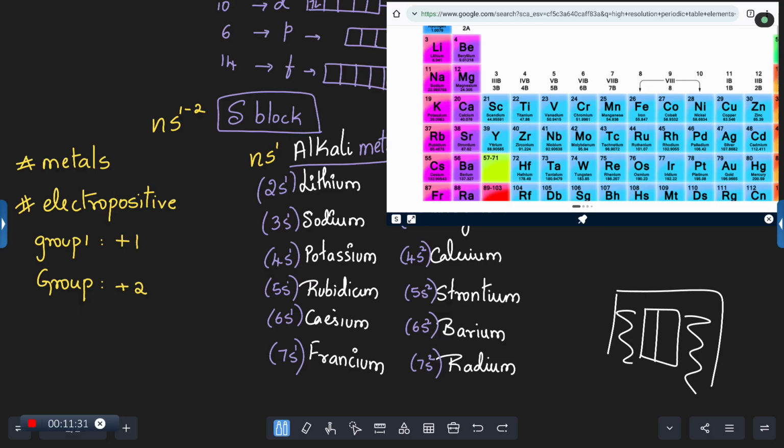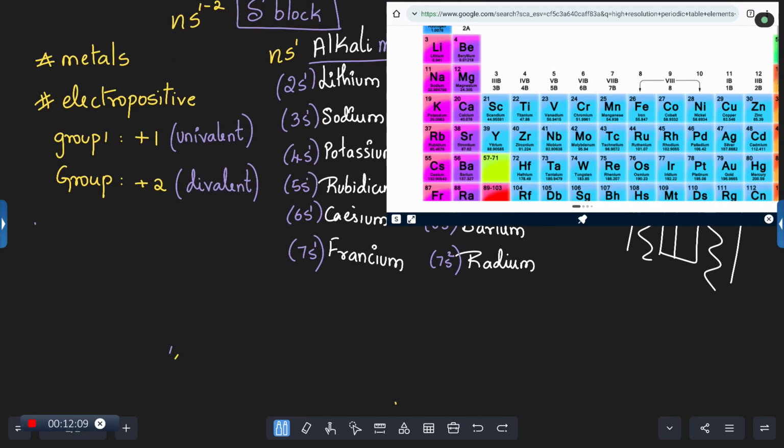If it is losing 1 electron, we call it univalent or monovalent. And if it is losing 2, you call it divalent. Okay? If I ask you, what is the valency of strontium? It is plus 2, right? That's what we have written, divalent, univalent. That means its valency, the number of electrons present in the outermost shell that it can use, is 2. So our first group is going to be 1. Is that clear?